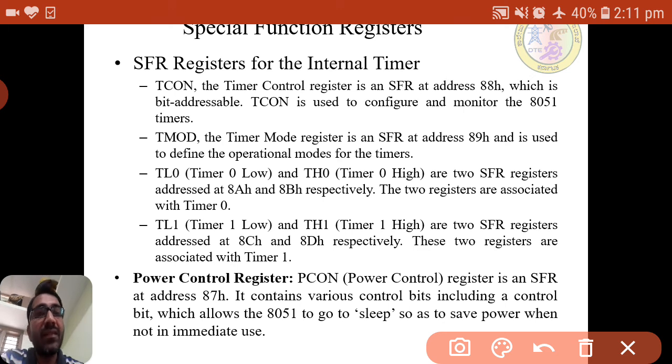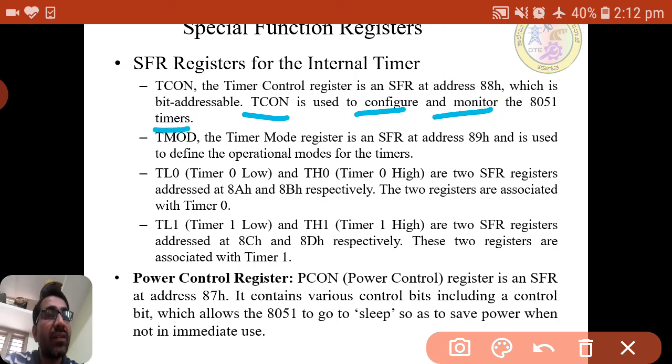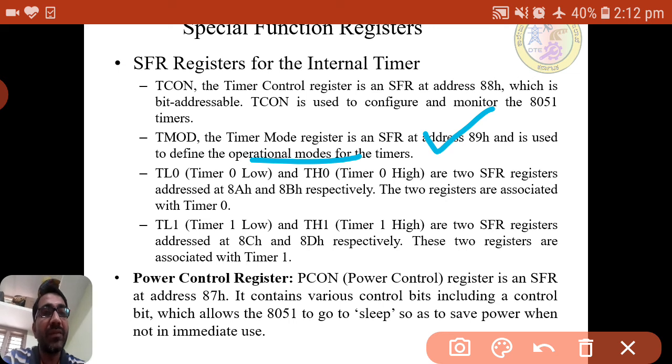These timers and the serial transmission will come in the fifth module, and we will see them in detail. Here, what we need to know is what TCON is: a register used to configure and monitor the 8051 timers. And TMOD is the one in which we can select in which mode the timer is used.